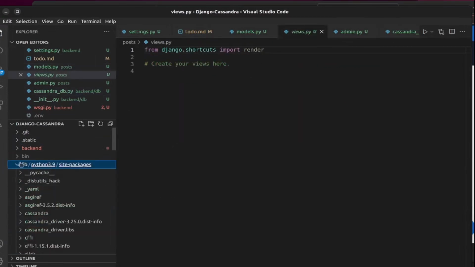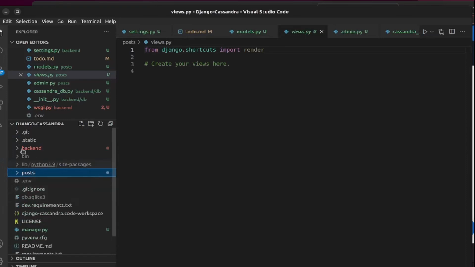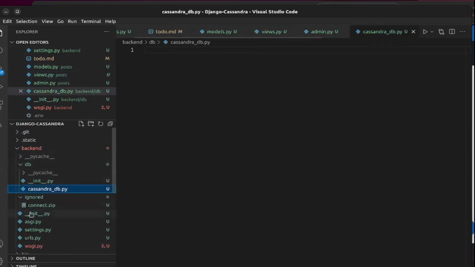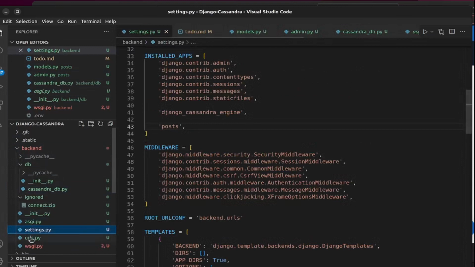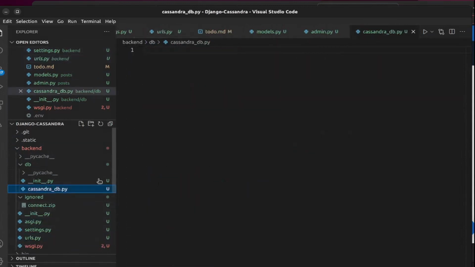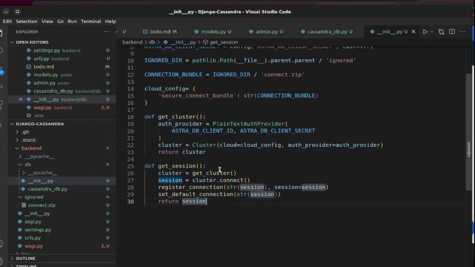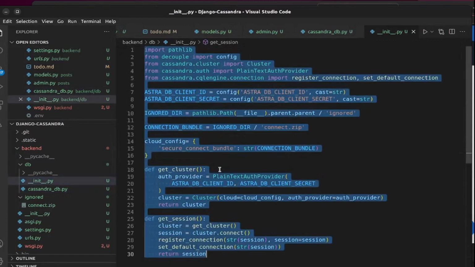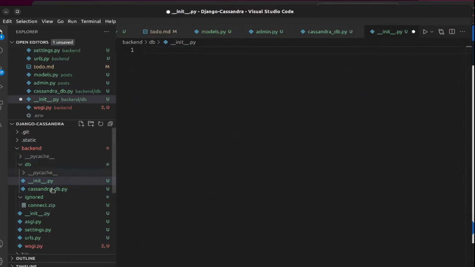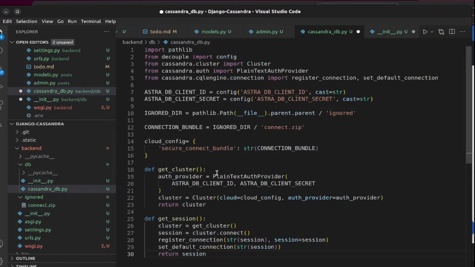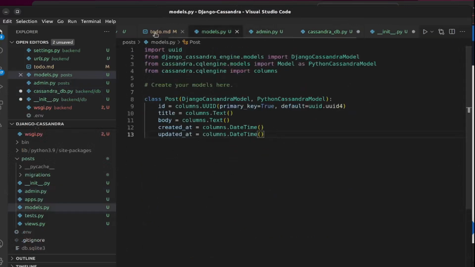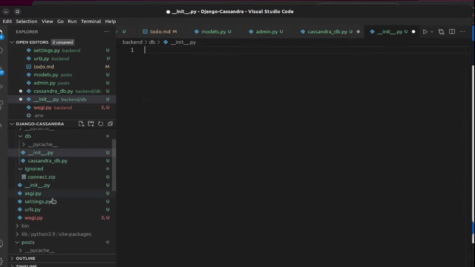So everything I've written in init.py, I'll just copy paste and put it in cassandradb.py. Okay. So now if I go to models, and now if I go to init.py, no, if I go to